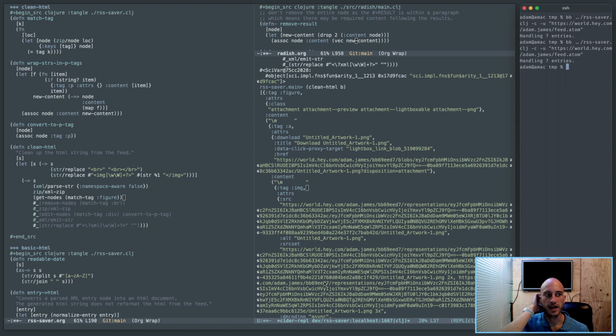So the problem is I haven't downloaded the images locally, right? Which is something I probably should figure out to do, but I'll do that as a feature later. I don't want to worry about it right now because it isn't that big a deal. So in the meantime, what I do want to do is basically unwrap, I kind of don't want it to be an